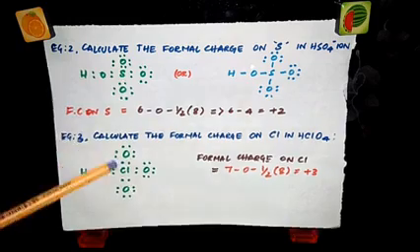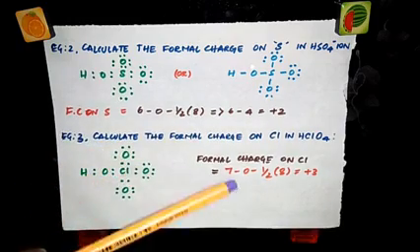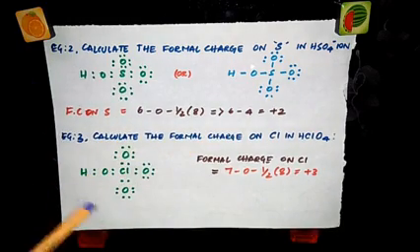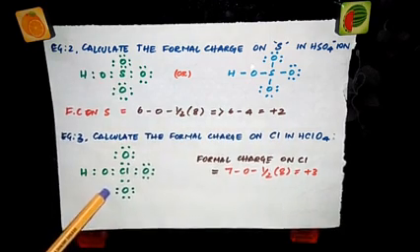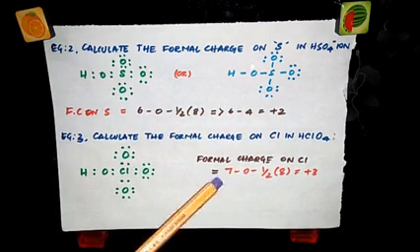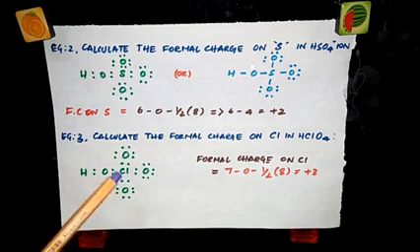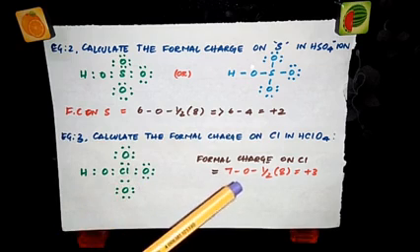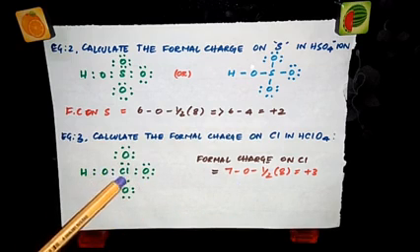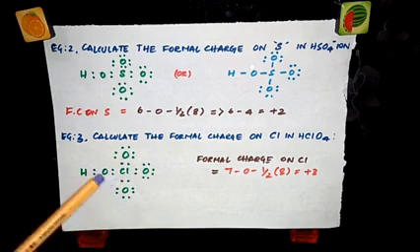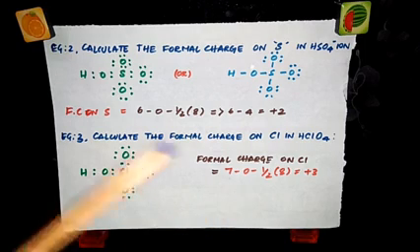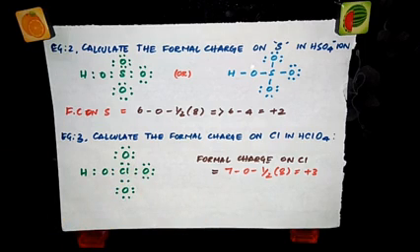And the next example, calculate the formal charge on chlorine in HClO4. So this is the Lewis structure of HClO4. Now formal charge for chlorine, number of valence electrons is 7. And again, since it is a central atom, no unpaired electrons. So 0 minus half shared electrons. So 1, 2, 3, 4, 5, 6, 7, 8. 8 shared electrons. So put 8 there. So you're getting an answer of plus 3. So what is the formal charge on chlorine?